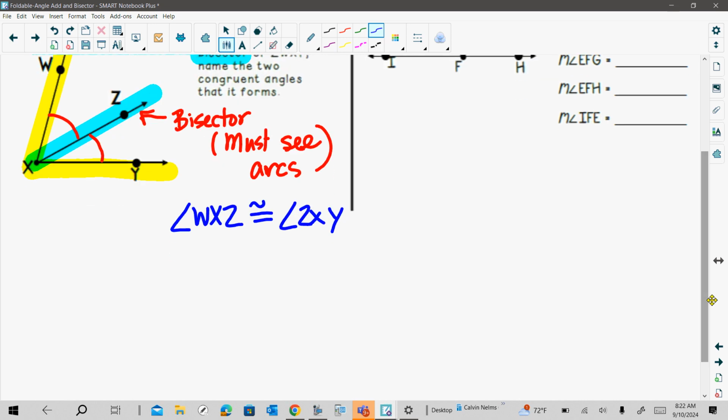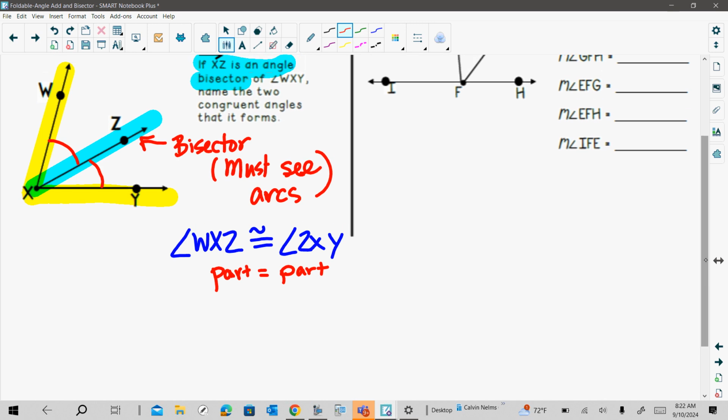Right here, I'm just going to add a note, guys. This is showing part is equal to part. That's when you have the two parts. You need to add this to your notes because sometimes you're going to have to compare the part to the whole angle. So if I'm comparing this small part to the whole angle, okay, then you would have to double